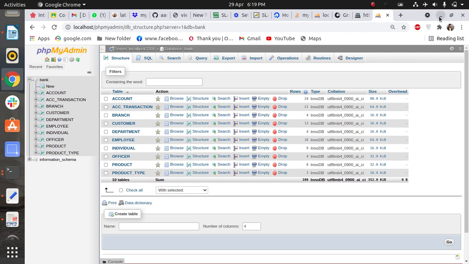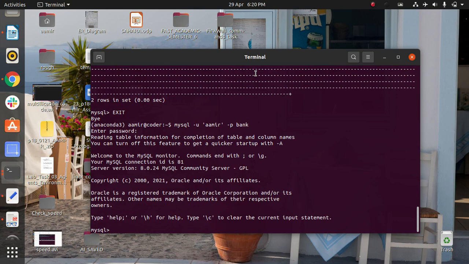Now I want to take all privileges from that user again. The command for this: where you used grant, now you use revoke. As you can see, revoke all privileges.